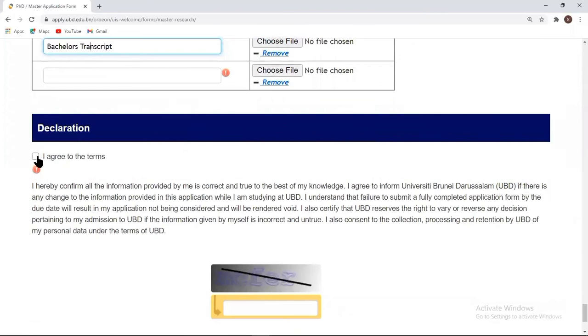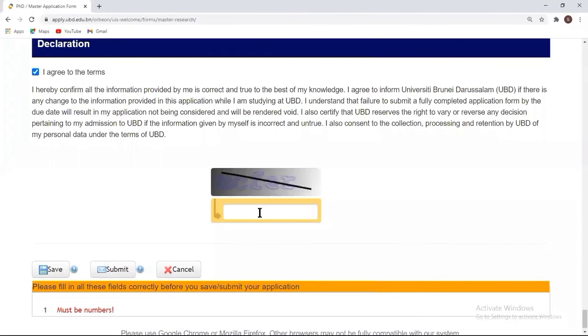Next, check this box, I agree to the terms. And then you will write this CAPTCHA here. After this, you will submit the application.